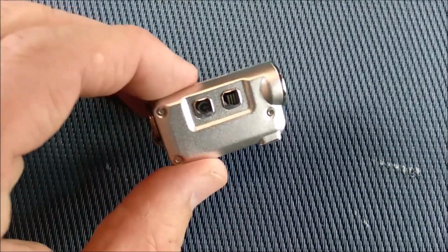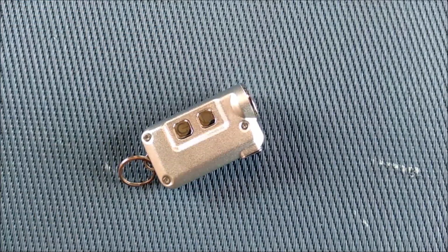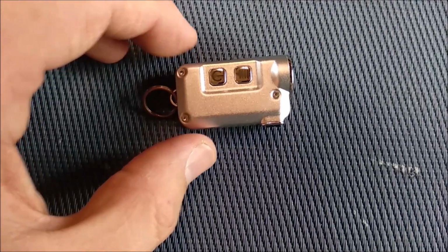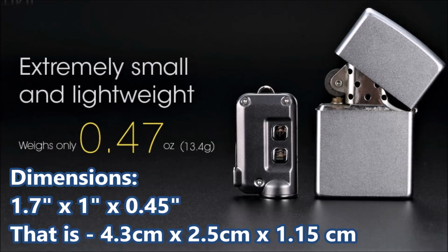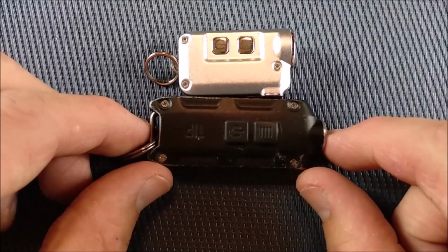If you're looking for a small LED flashlight, you can grab one of these guys and make it work for you. How small is it? It's smaller than a lighter. And it's quite a bit smaller than the other unit. So here's the